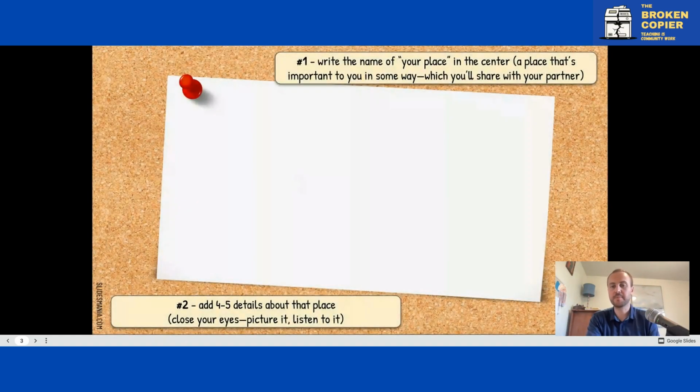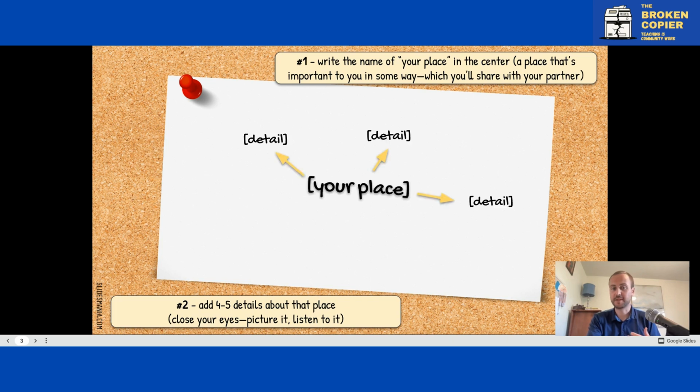So for the brainstorm, I really want them to think about a place. So they write down a place that's meaningful to them in the past or the present. The more specific, the better. And then they're going to write down 5 specific details about that place. Like, they want a picture in their head and think about it. It can be a lot of imagery. It can be not just what you can see, but also sounds, feeling. Really think about those sensory details.